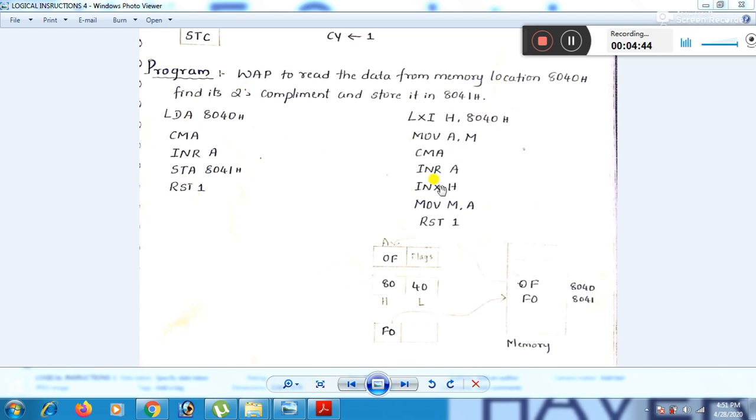Another way of writing the program is LXI H, 8040, so the HL pair contains 8040.